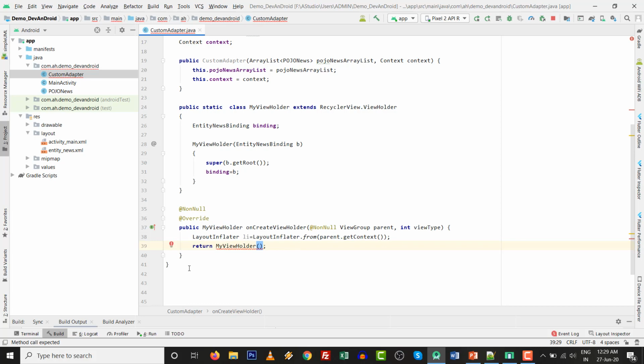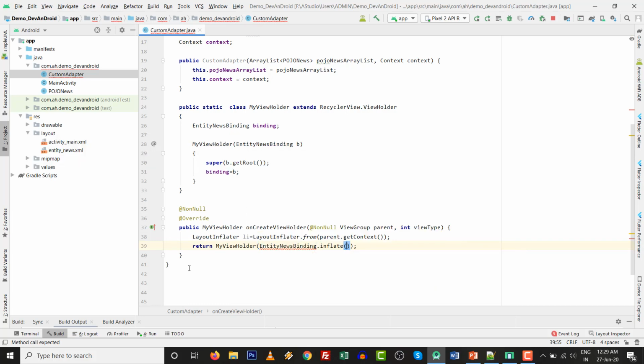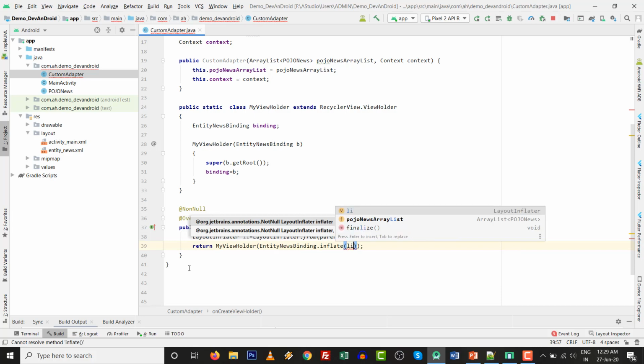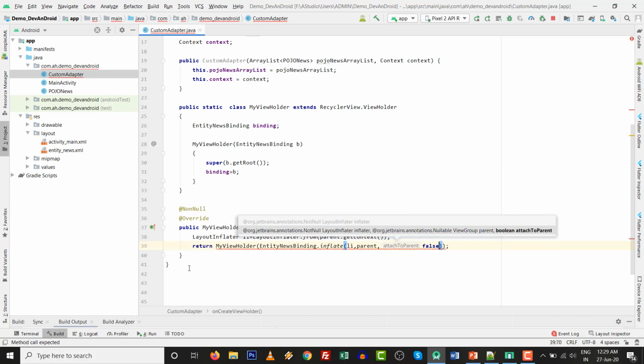Inside that type entity news binding dot inflate, inside that li, comma, if you want the padding,